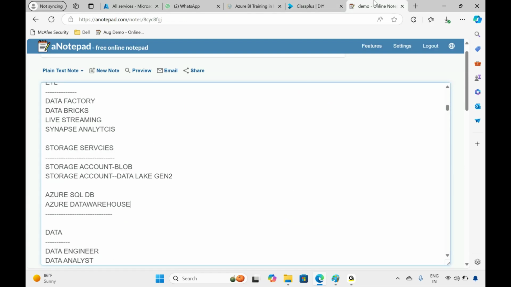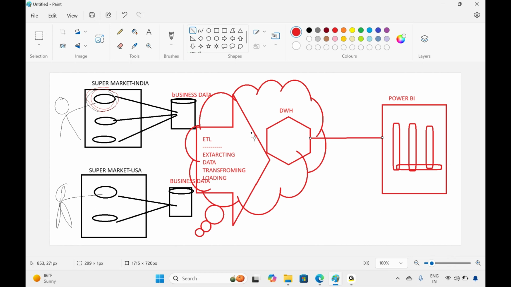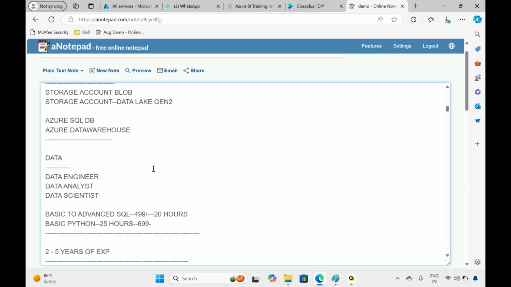All right, perfect. So generally when you are coming to the data side, there are three different kinds of jobs currently available in the market. One is data engineer, another is data analyst. What is a data engineer? Data engineer is the person who is going to build the ETL pipelines, storing the data in one centralized location. He is called a data engineer. Who is a data analyst? The person who is going to design reports and dashboards by using Power BI tools. He is called a data analyst. Okay, so a data scientist is going to do more advanced machine learning kinds of things, but our focus is primarily on data engineering and a little bit of data analyst in this course.